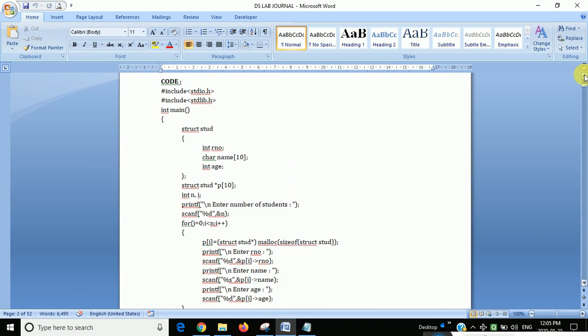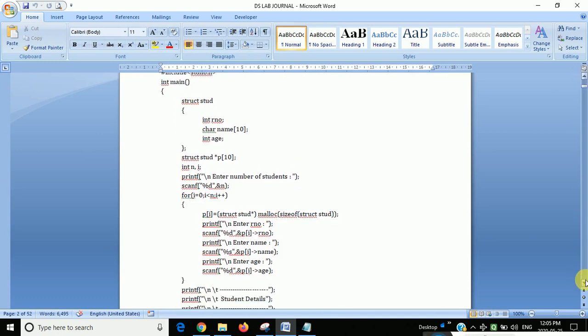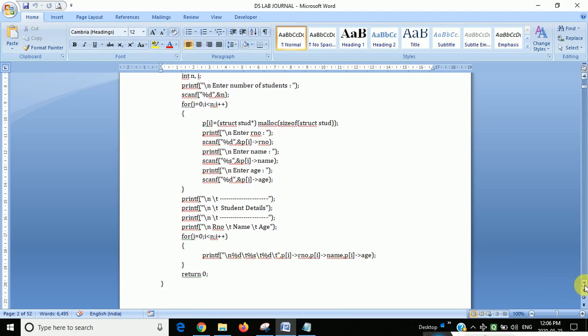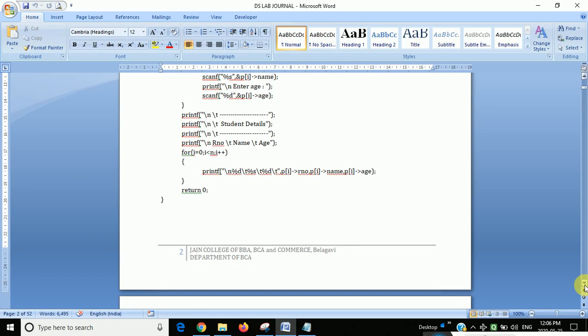How can we access this structure? They have told: accessing the structure using this, we are entering here and assigning like this. See, P of I arrow roll number, P of I arrow name, P of I arrow age. Understood? This is a bundle. We are using that bundle, picking one of the data types from it and assigning the value like this. I hope you understood how it is. The only thing is accepting and displaying the student details, that is the thing.